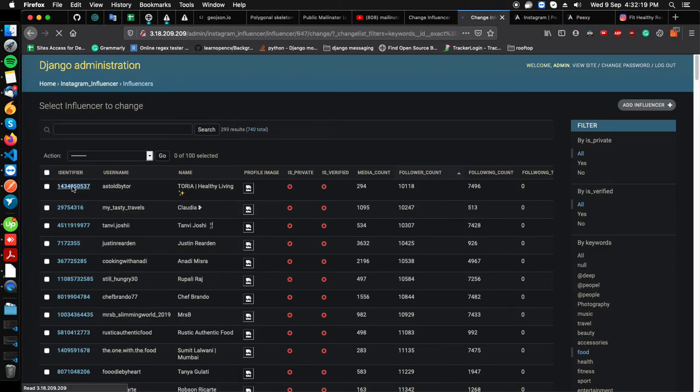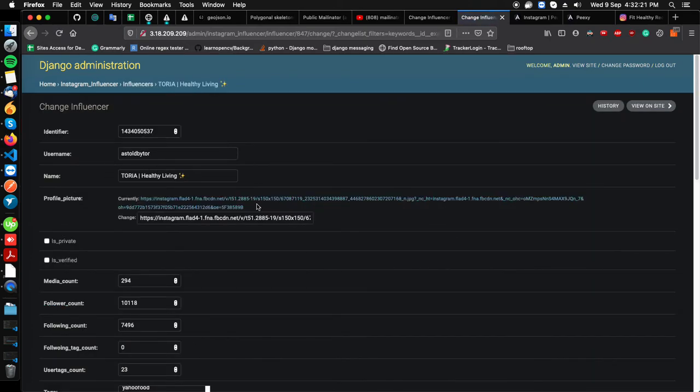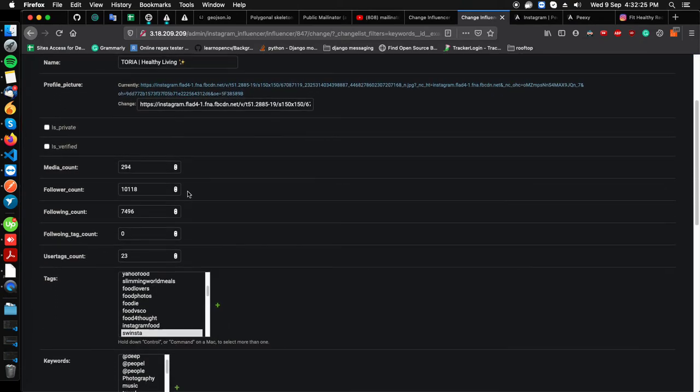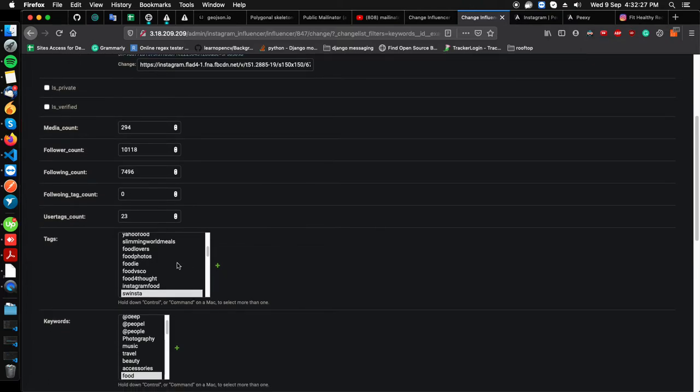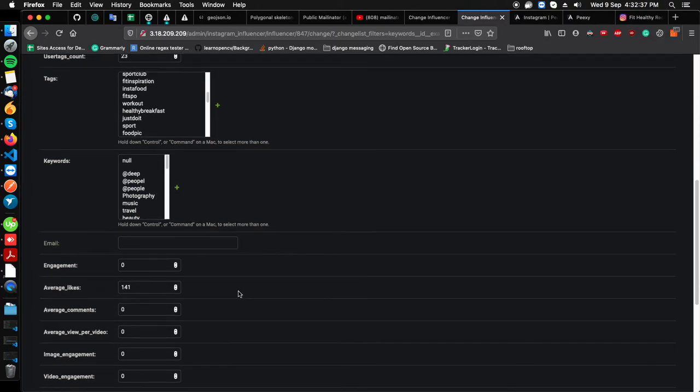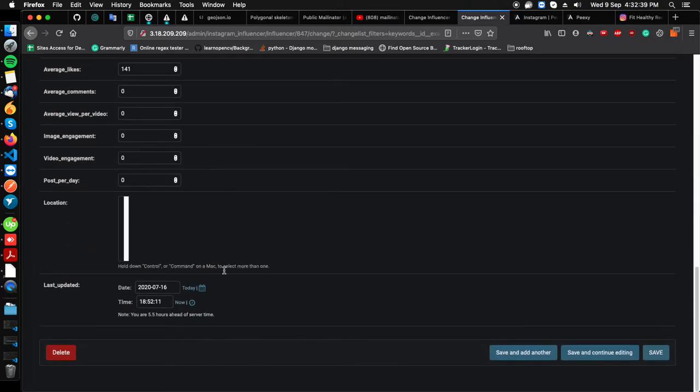We have their data like identifier, username, name, is private or is verified, media count, followers, following, and the keyword by which the influencer data was recorded, and the tag as well, like which tags are related to this user, and some calculations.